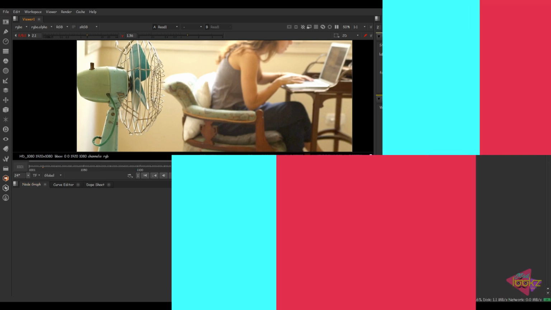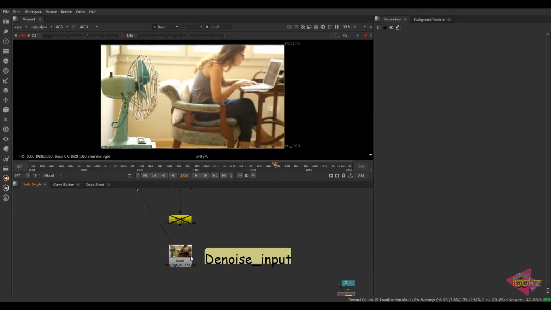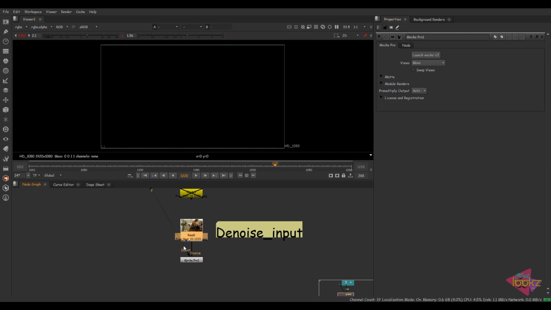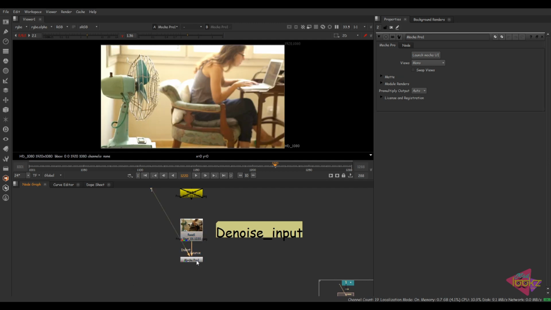Now we will move to the next step, the most important thing, which is the base of prep, that is camera tracking or tracking. So I'm gonna use Mocha Pro, the OFX version of Mocha Pro inside Nuke. If you are using the standalone version, it will work. We have the properties of Mocha Pro OFX version. I'm not gonna explain all those things. Here we have the insert pipe also. You can use any element for inserting inside Mocha.